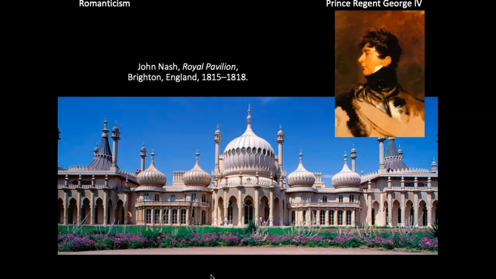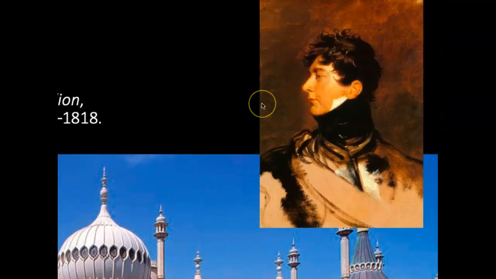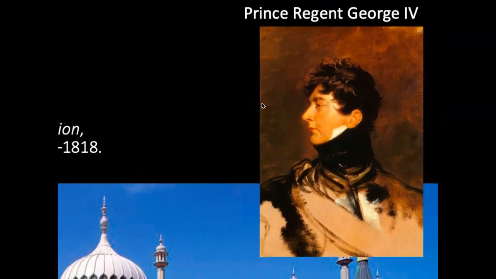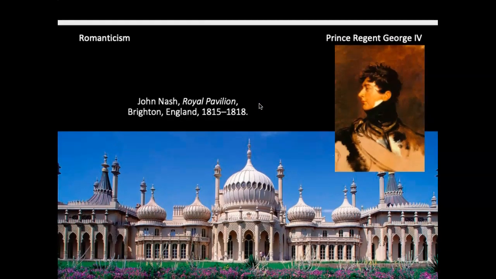The pavilion was designed as a royal pleasure palace on the seaside resort town of Brighton for the Prince Regent George. Here he is, dashing young man. This is an extremely flattering portrait of him. I say that because later on he would become extremely obese and just corpulent, just disgusting. Anyways,